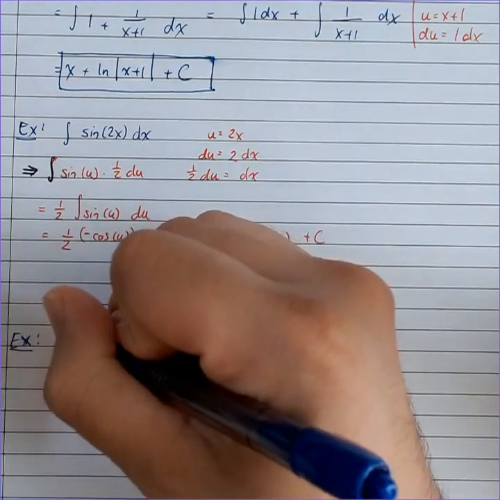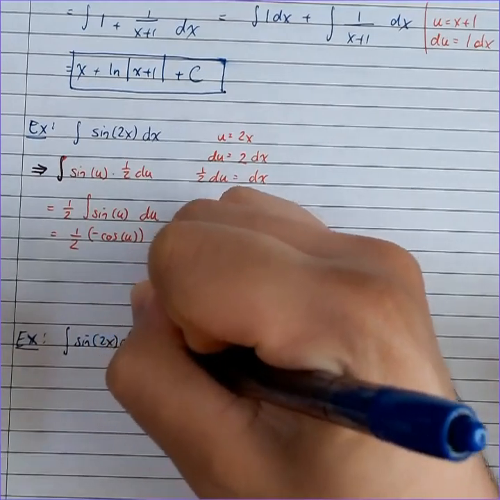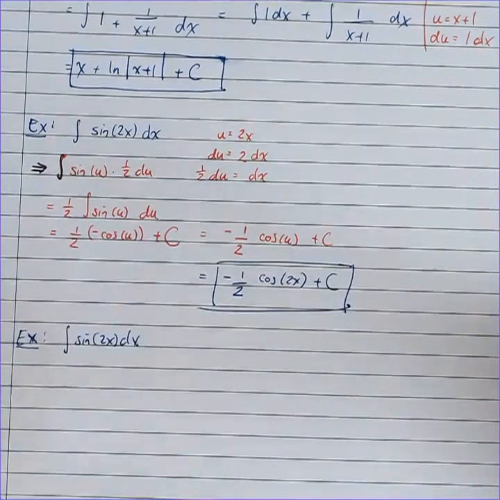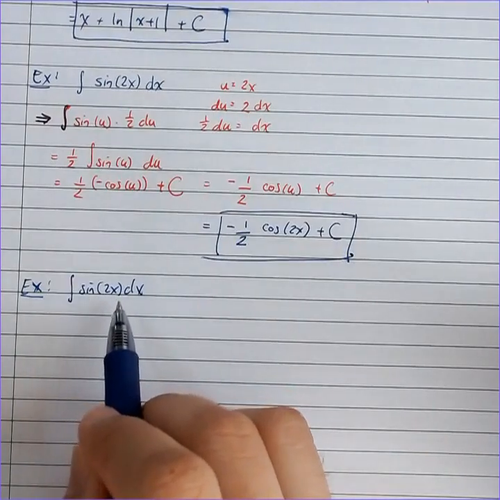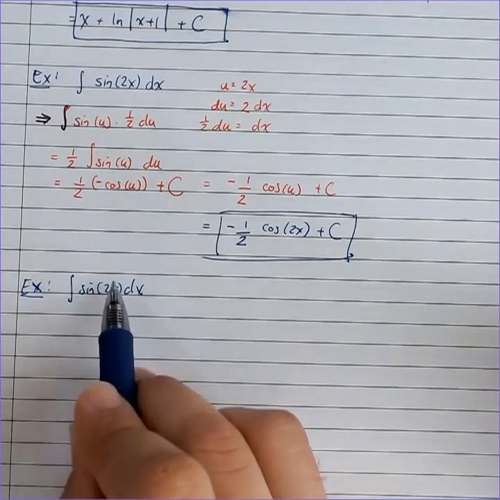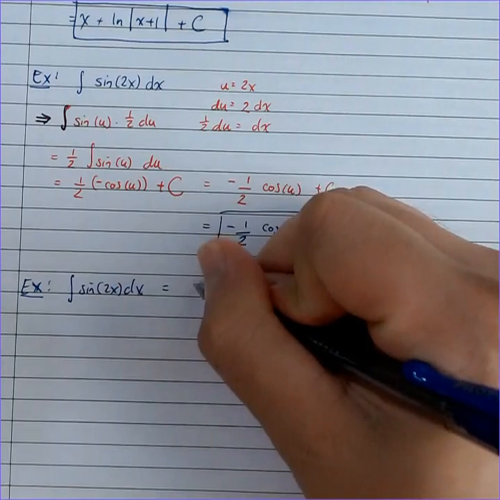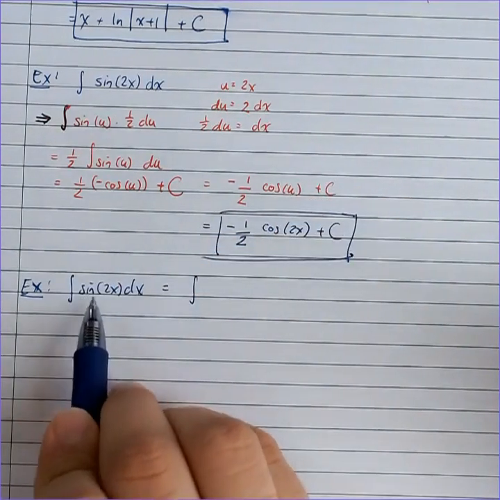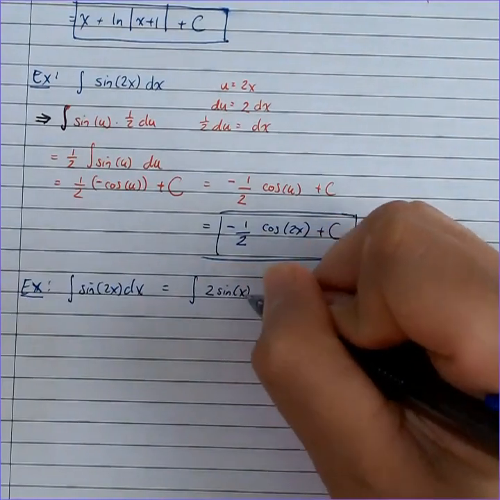So here we're going to write the same integral of the sine of 2x dx, but now instead of using a substitution on this, I'm going to say, well, sine of 2x, forget calculus. Since trigonometry, I've known that I can rewrite this using the double angle formula. So this can be written as the integral of, instead of sine of 2x, 2 sine of x cosine of x